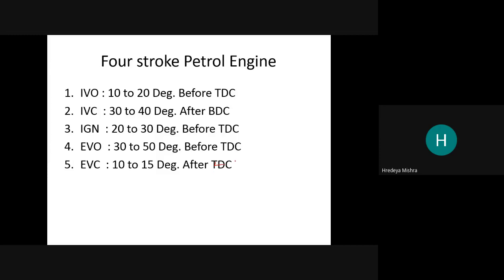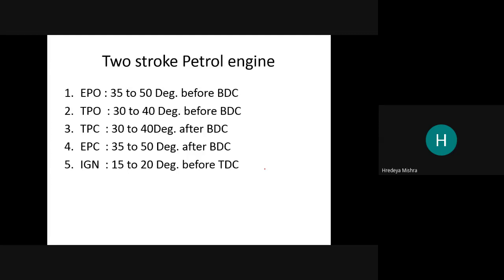This is wrong. The correct one is BDC here. Okay. The piston reaches the BDC 10 degrees before, the exhaust valve is closed. Okay, this is the position of the pistons. Now same thing